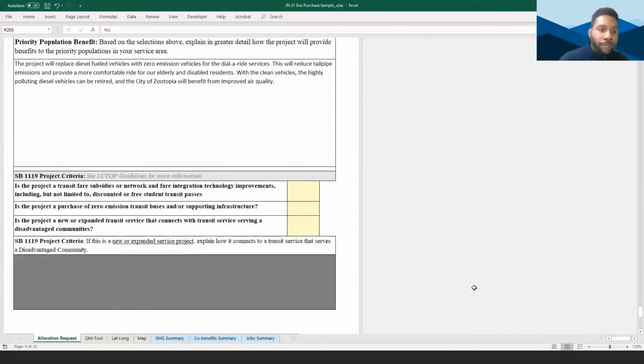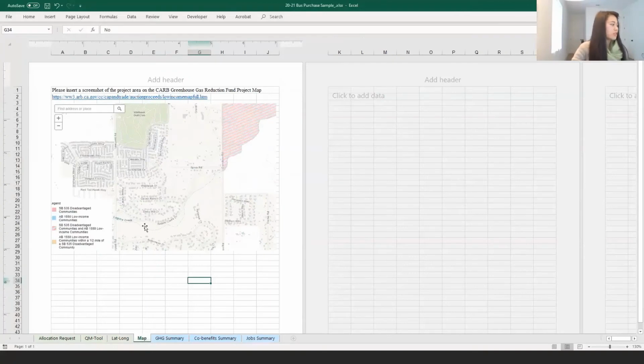And with that, I'm going to hand it back to Joyce to go over CalEnviroScreen real quick. Thank you, Courtney. So moving back to our map tab. Okay. Before I go over the CalEnviroScreen and how to find your census tracts,